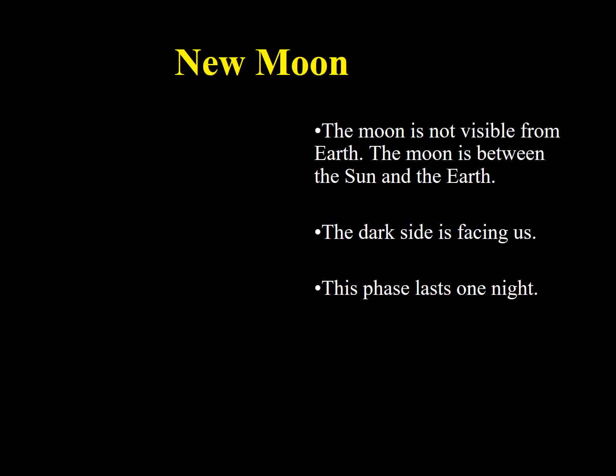Now let's review. A new moon is a moon that is not visible from Earth. The moon is between us, or Earth, and the sun. Therefore, the dark side is facing us. This one only lasts one night, and we will start the cycle and start going into a